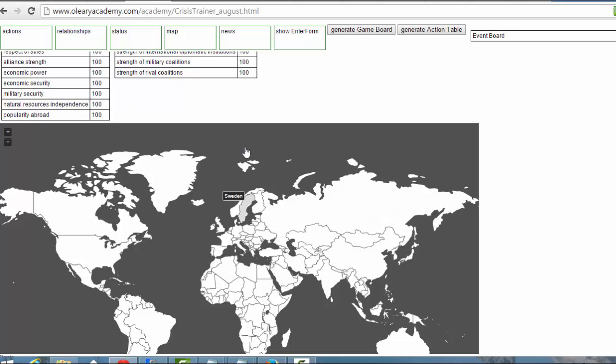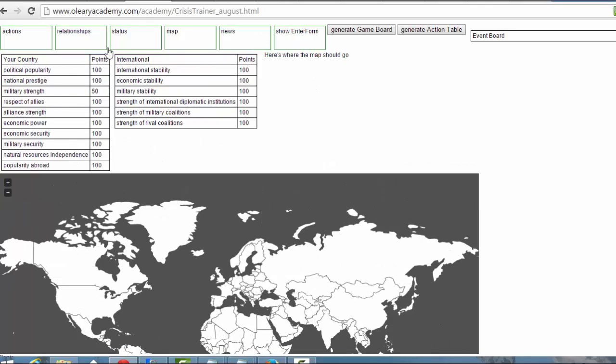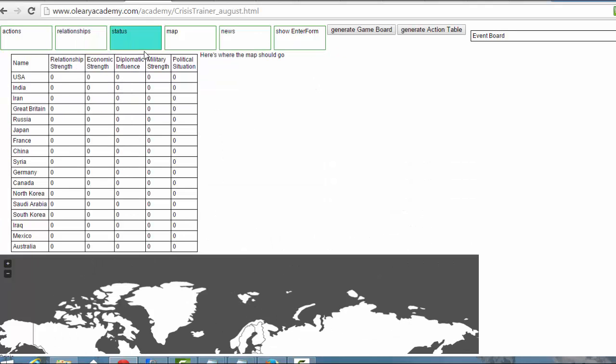And I'll probably set this up so that when you click on one of these, you'll be able to see a picture of that country. Okay, and then over here, different events will start to happen. In some cases, the first one will be things like natural disaster. And then as you start taking actions, and I'll show you what that means with regards to taking actions,